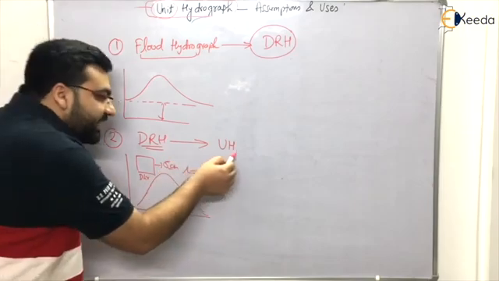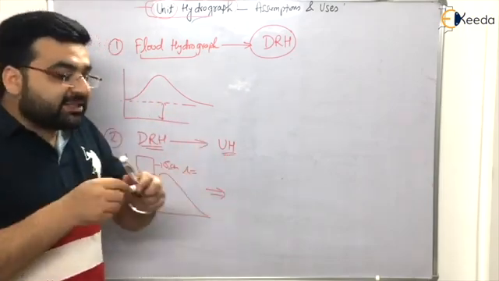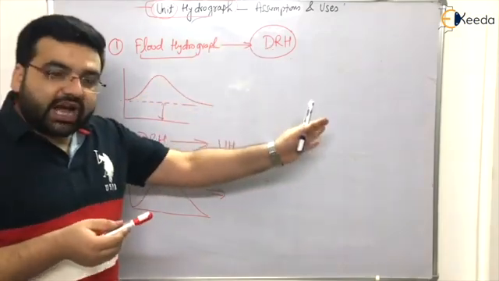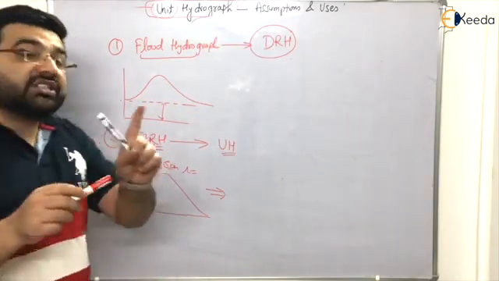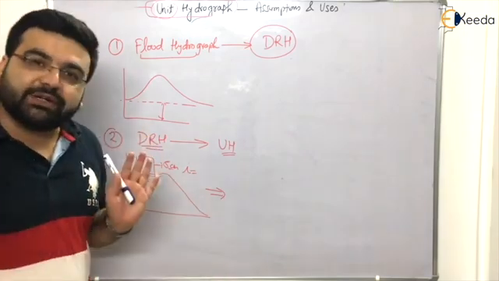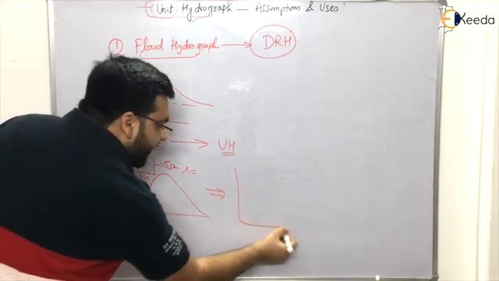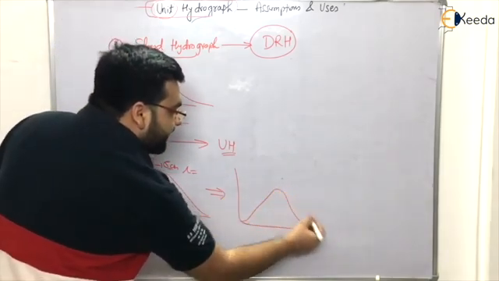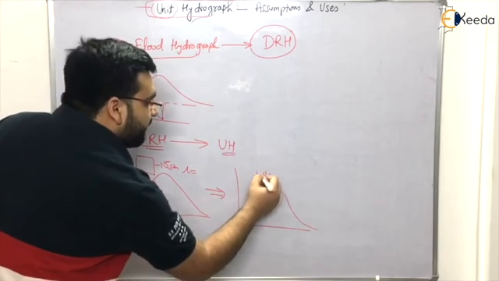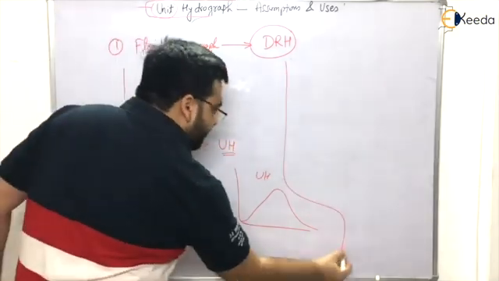Why? Because this is the definition of unit hydrograph, that a unit hydrograph is the special type of direct runoff hydrograph in which the depth of the effective rainfall is just 1 unit, generally 1 centimeter. Clear? So what you have to do is divide the ordinates of this direct runoff hydrograph by 5 to get the unit hydrograph. Simple. Another type of question, the third type.